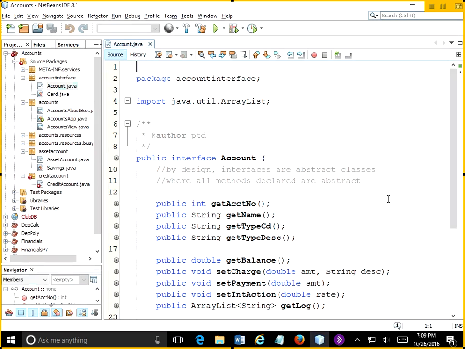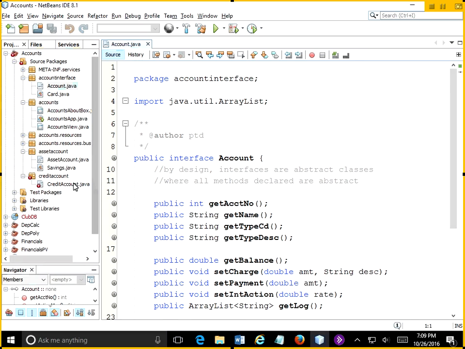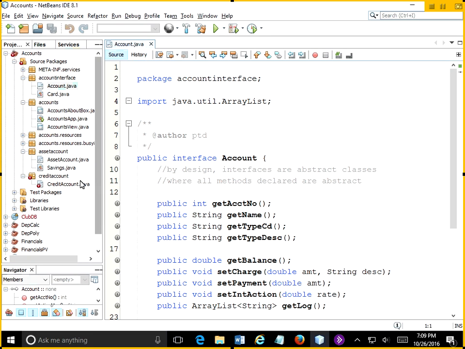So I want to go back for a minute and look at the final, or the other asset account that will be a part of our inheritance tree and our interface operation, and that is the equity line. But you know what? I think I may